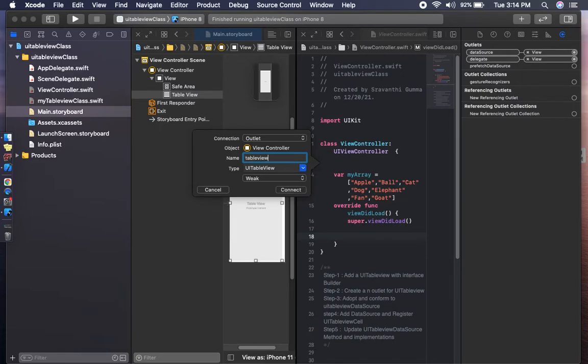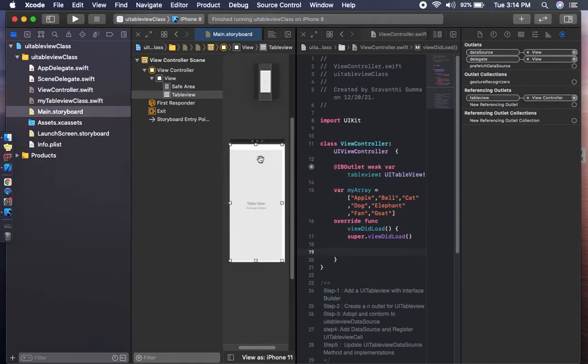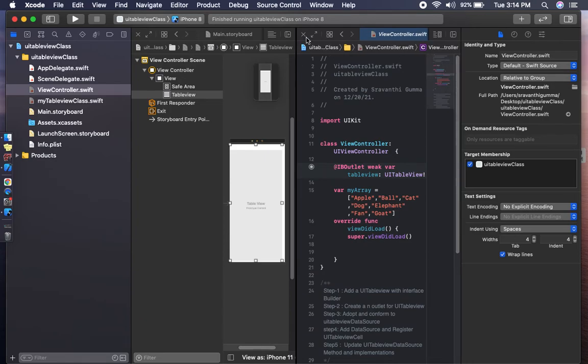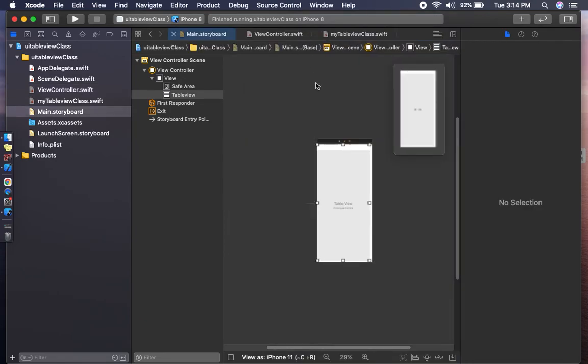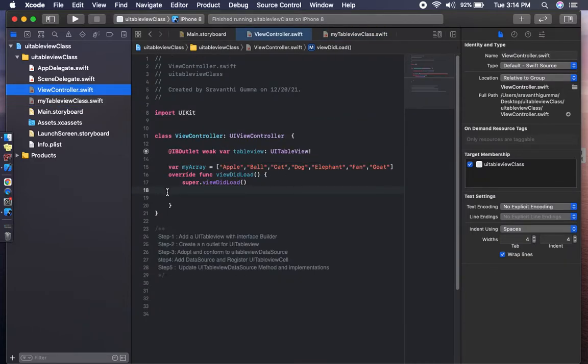Table view. So we are loading the array to the view controller class, the table view class, table view dot reload.